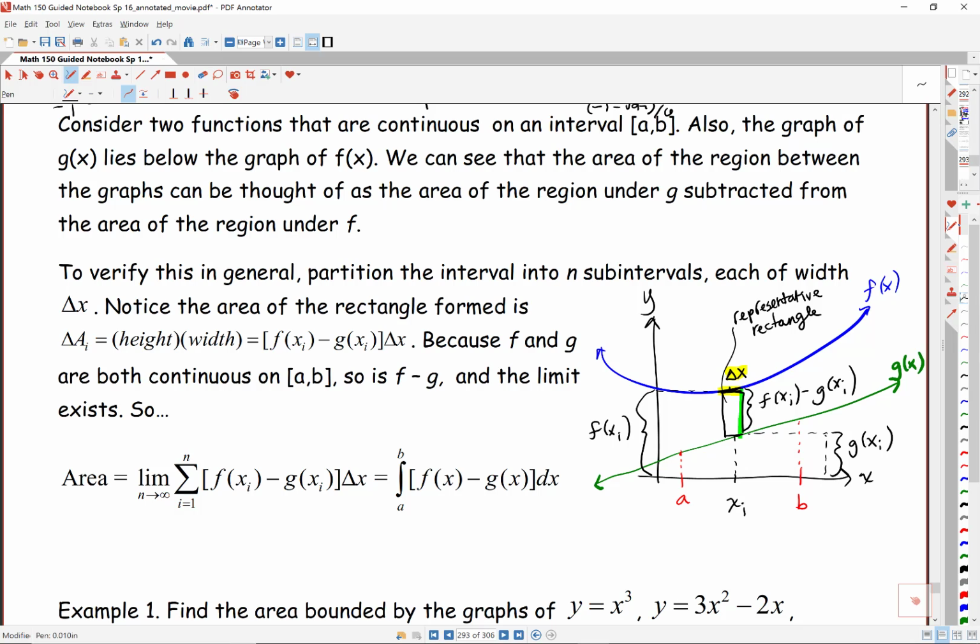Let's highlight that. This here is that distance. And if we look at our overall region, what we have is the region that's bound between a and b,